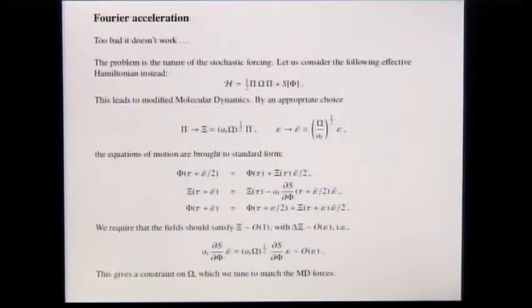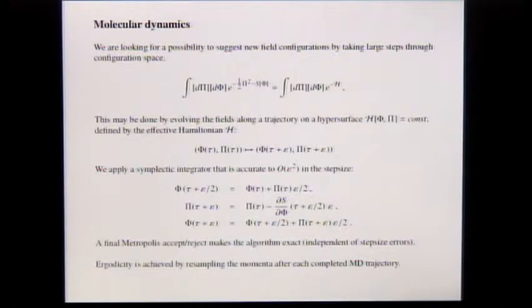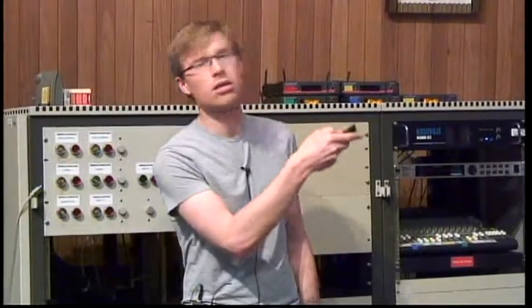So let us consider a different type of update, or a different type of model, where we introduce these conjugate momenta. Of course, you can always perform the Gaussian integral, so it's perfectly equivalent to the stochastic forcing being delta correlated. In what? In space? In time. But if we would assume that it also is delta correlated in space, then this algorithm would be perfectly sufficient. Yeah. That would be equilibrium. That would be equilibrium, yeah.